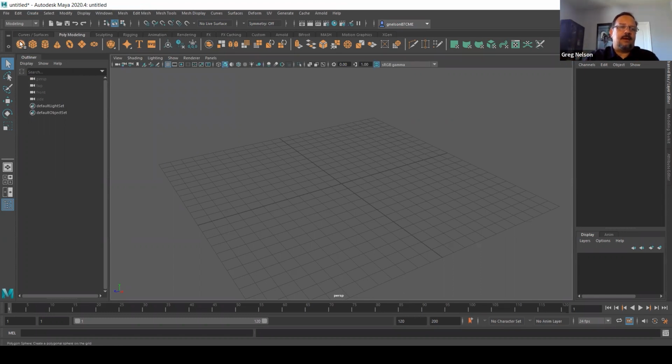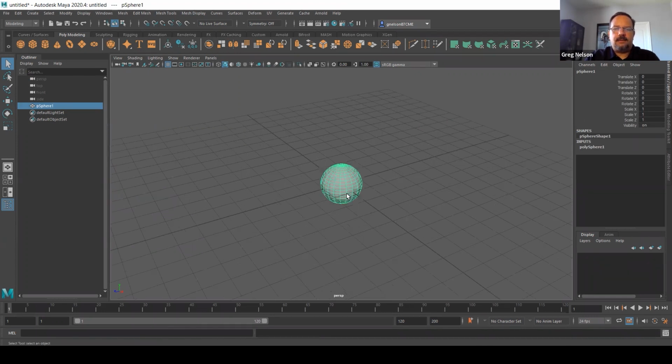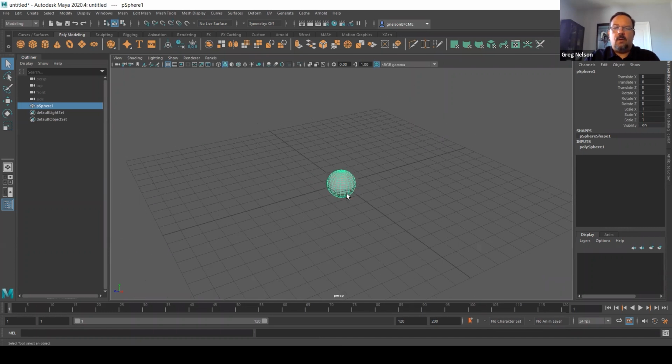I'm just going to click on this right now, and I'm going to bring in a polygon sphere. So when I click on it, you'll see it's going to end up right in the middle here. And one of the things that I should tell you when we're working in what we call a 3D space, this goes back to geometry. So if you remember any of that from being in middle school or high school,